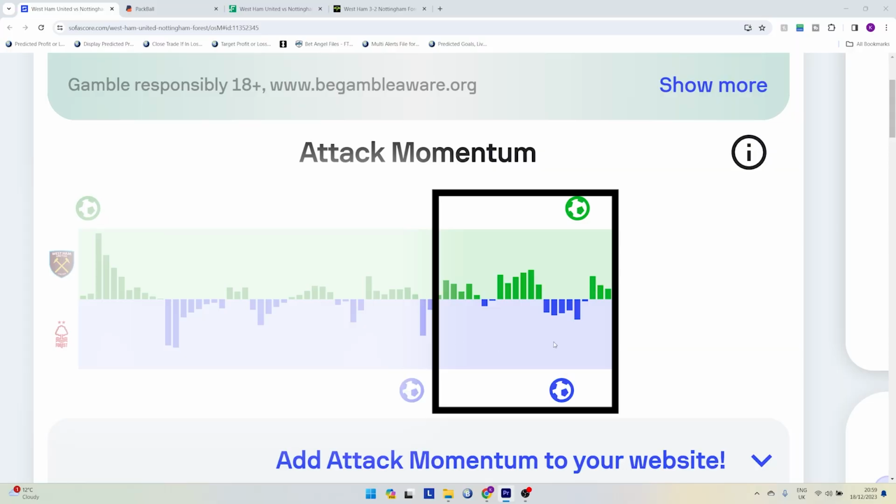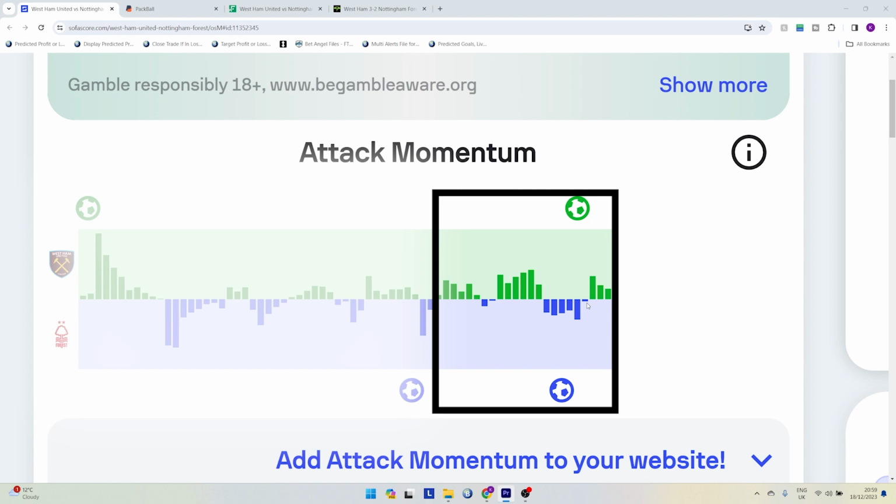I think looking at SulScore, situations like this are not very good with SulScore. SulScore excels in a particular game setup, which I'll show you after I've talked about this example. But when looking at this attack momentum graph during this period of the game, which was end-to-end chaos, it comes